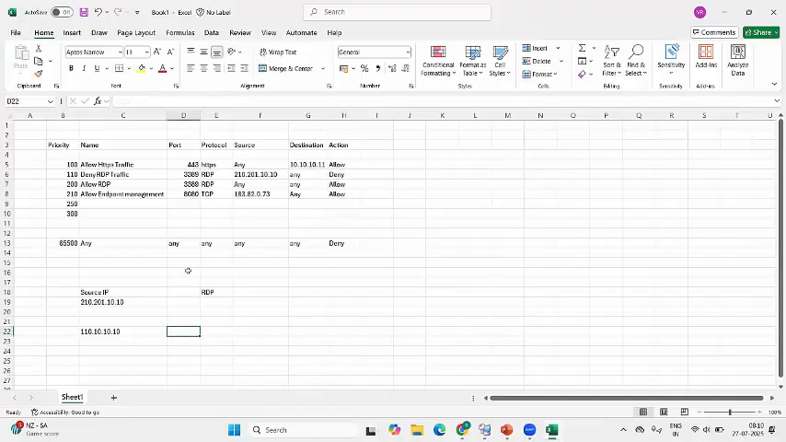But let's assume that the user is coming from this IP, trying to access an RDP. The first rule says allow HTTP 443. Is the condition matching? No. It goes to the second rule. Is it 3389? Yes. Is it coming from this IP address? Yes. From any destination? What is the action? Denied. Now, if the user is coming from this particular IP address, it denies it. But what happens